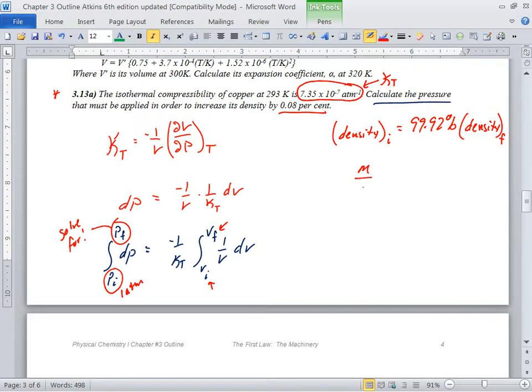Density is m over v. Now I'm talking about initial and final, so I have m over vi. I'm not adding or subtracting any mass. So if you put it on the balance, that's not going to change. So that's why I didn't put a little I on the M. So my M's are going to end up canceling. So how do you solve for this thing? Bring the VF up to the top on the other side, the VI, right? Do you see the math here? So the VF would be